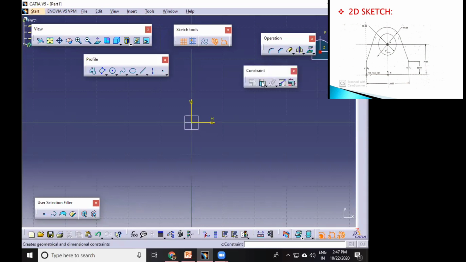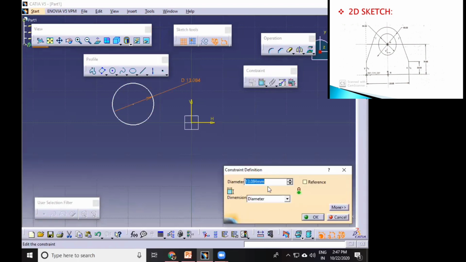This is the constraint toolbar. Constraint means giving a dimension. When you draw a circle, then you have to apply a constraint. Okay, click on constraint, then select the diagram. Okay, when you want to change this constraint, double click on it and change the dimension.